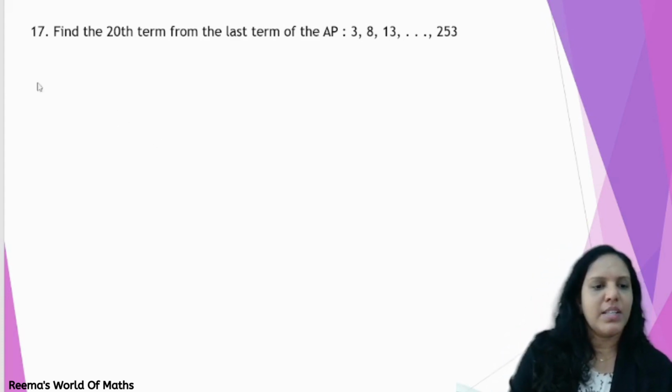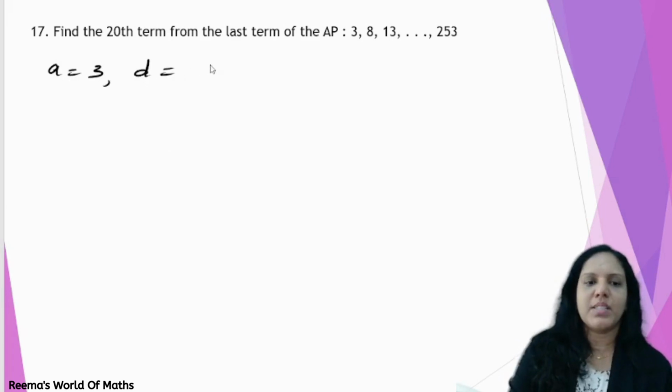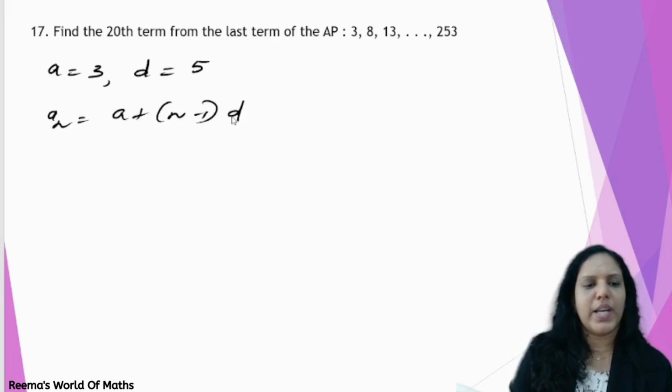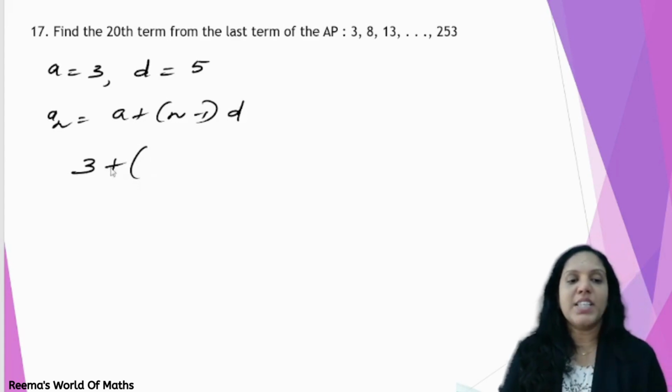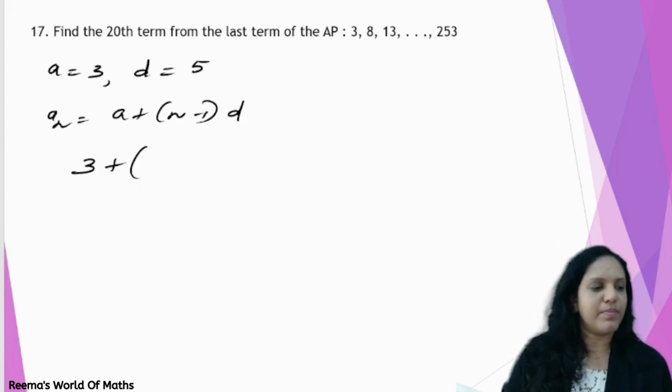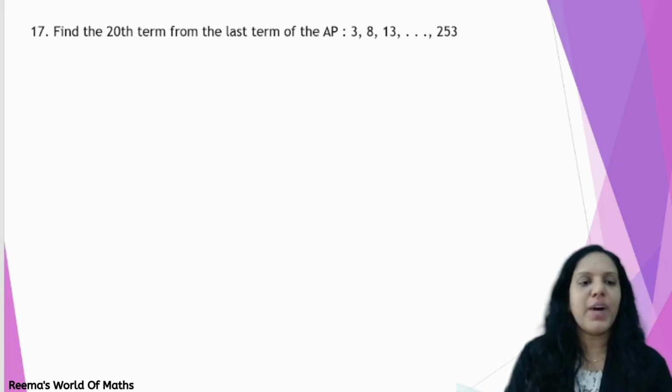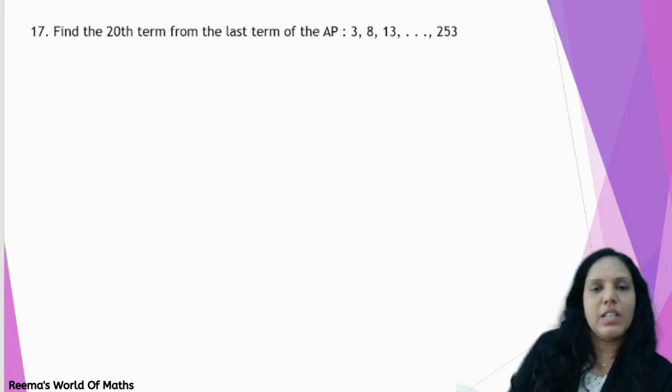So for that, let's see, a equals to 3, d equals to 8 minus 3, which will be 5. We need to find the 20th term. So for any n, it is a plus n minus 1 into d. We need to find the 20th term from the last term of the AP. Next question, find the 20th term from the last term of the AP 3, 8, 13 and last term is